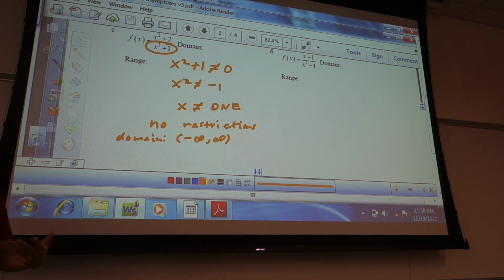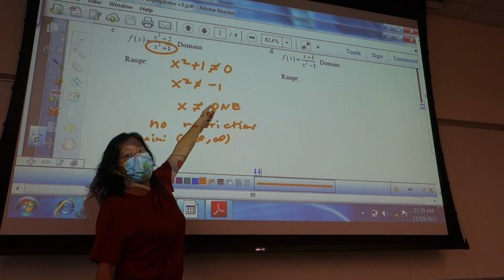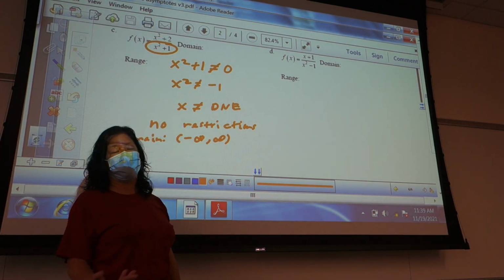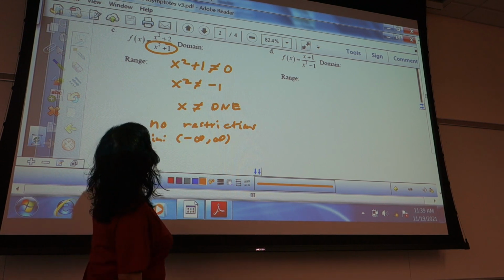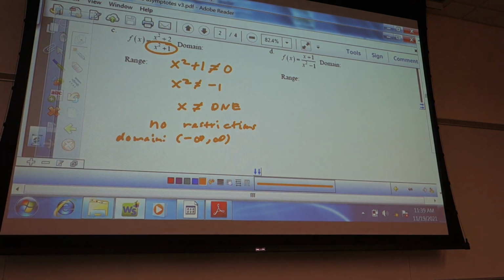Does that sort of make sense for folks? X squared can never be -1 because you can never square a number and get a negative number. So that's why there are no restrictions. It's all real numbers. On this one over here, we can look and see, okay, x squared minus 1